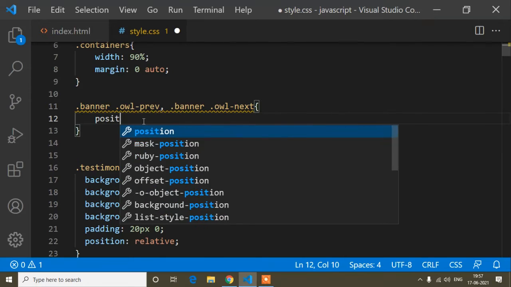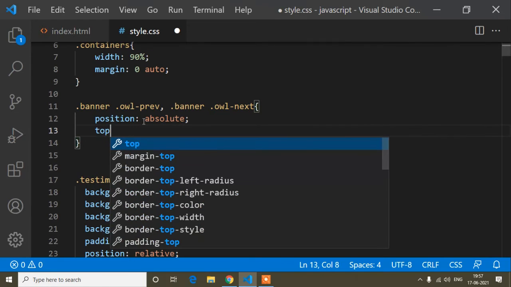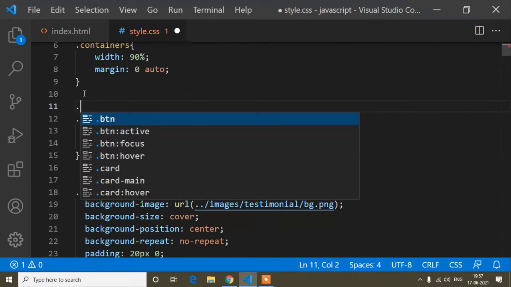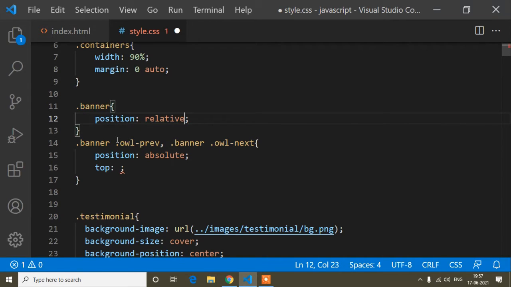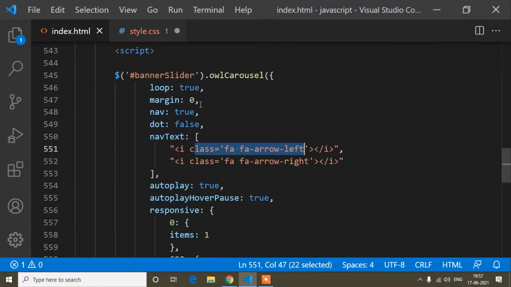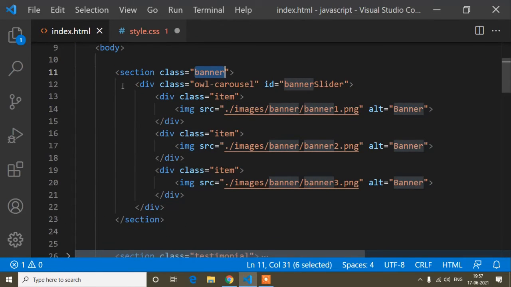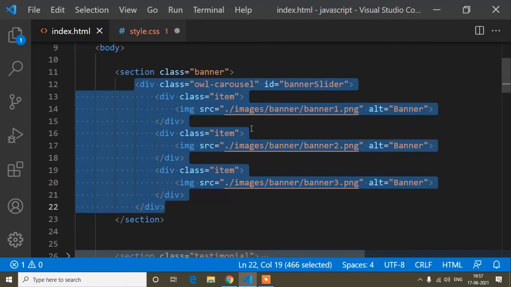So first one is position absolute, that is fixed. When I write position absolute, that means I'm making this div floated. Where will it float? Before that, this banner, here I will paste here. So banner will be position relative. The button will be floated on this banner, which is the div below, because you can see in the HTML, if I show, the banner is the parent div, and after that this is the child div, owl carousel, and in this div I'm actually getting the button. So the button is a child of this banner div.